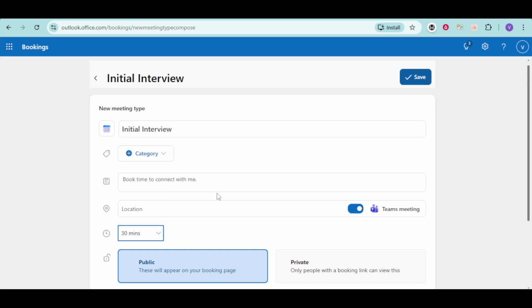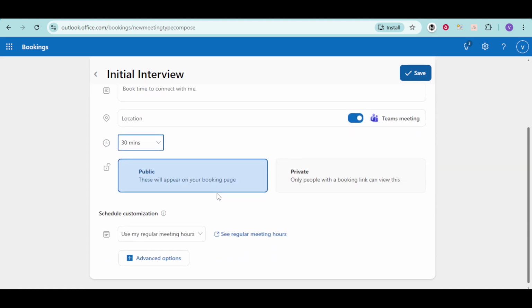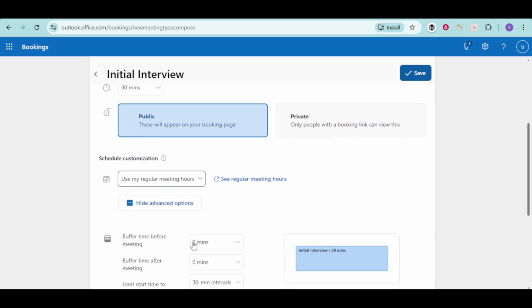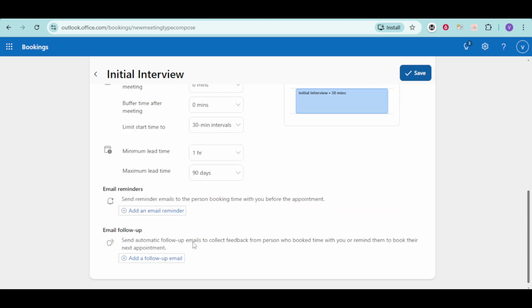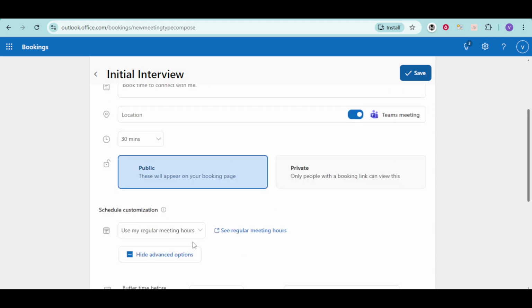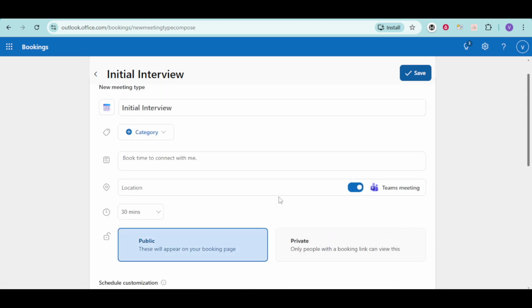manage on your calendar. Now, because most interviews are held online, you'll want to make sure that each booking automatically generates a virtual meeting link. Look for the setting labeled something like Add Online Meeting and toggle this option to On. Turning this on ensures that each time someone books an initial interview, an online meeting is created automatically, usually through Microsoft Teams. This saves you from having to manually send out a separate meeting link and reduces the chance of